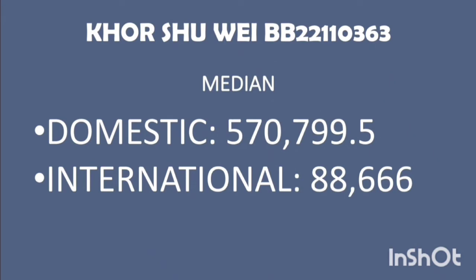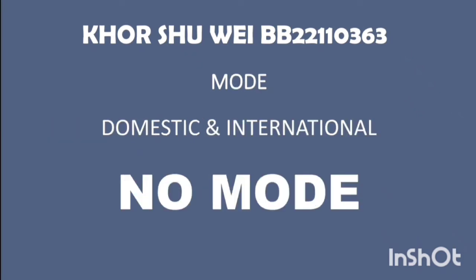Median is the middle value in a distribution when the values are arranged in ascending or descending order. The median of domestic is 570,799.5 and the median of international is 88,666. That means that the median of domestic is more than the median of international. Third is the mode. Mode is the value that appears most frequently in a data set. Since no value appears frequently in domestic and international, hence there is no mode for these two data